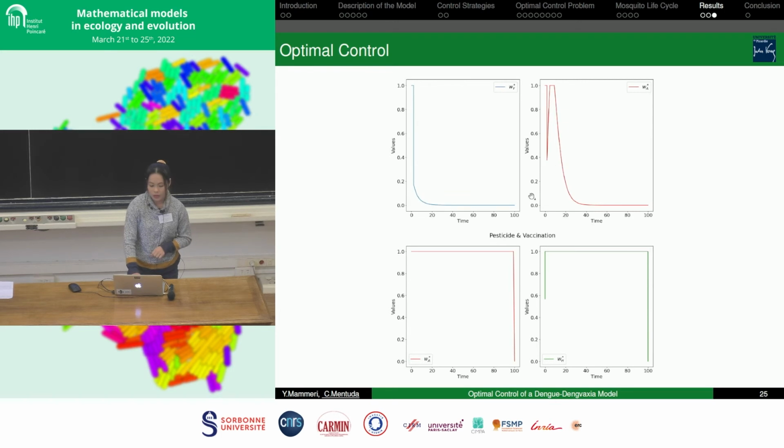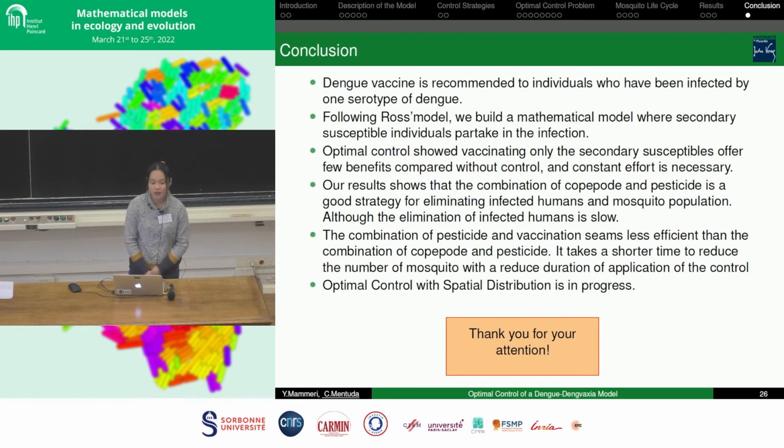And this is our control variable, optimal control, which is for the copepod and the pesticides. So with this, I have the conclusion. Optimal control showed that vaccinating only the secondary susceptibles offers few benefits compared to without control, and constant effort is